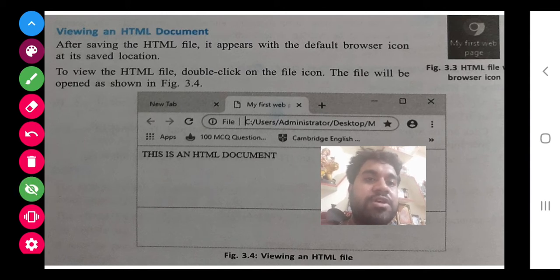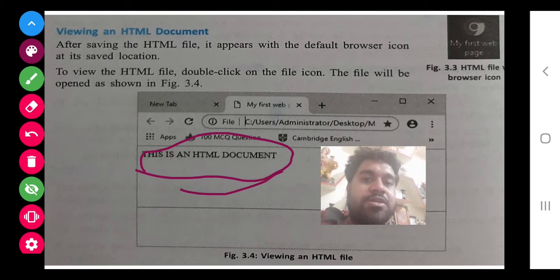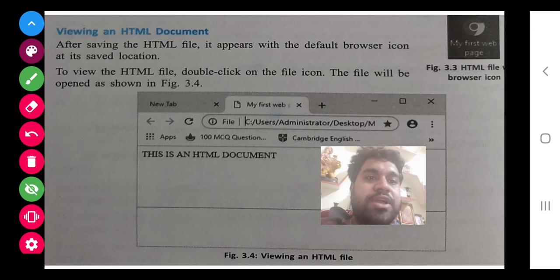Instead of opening it from the desktop again, you refresh here: right click, refresh button, or you can press the F5 button also. Then whatever new changes you have made will appear here as a result. So class, I hope you all are understanding this.